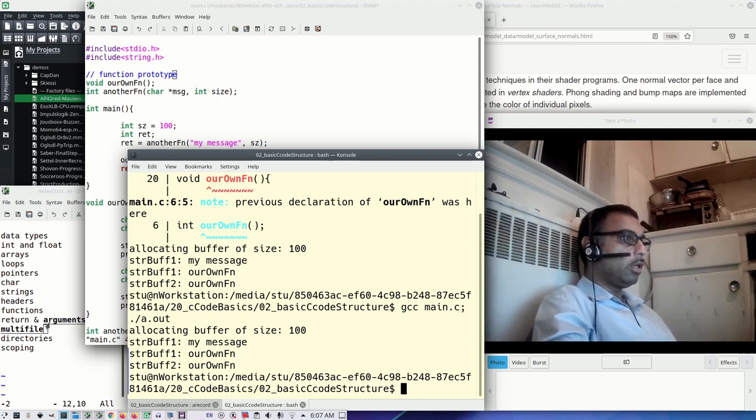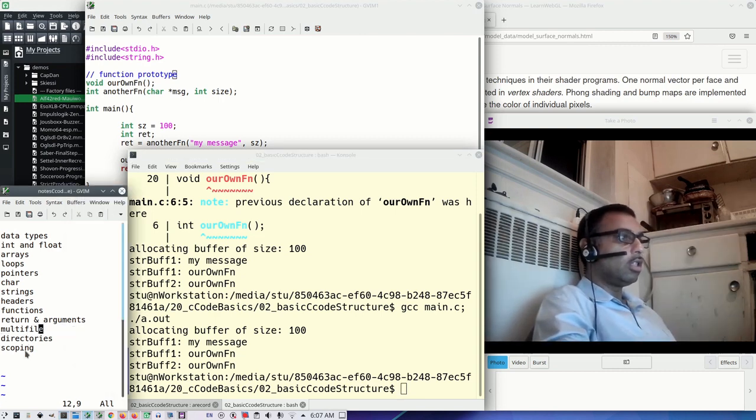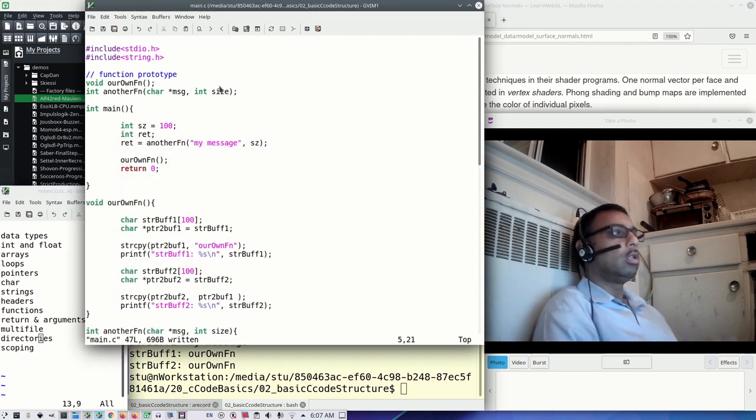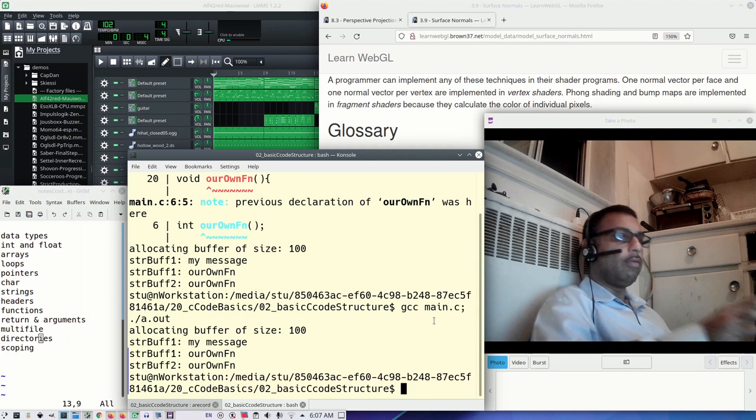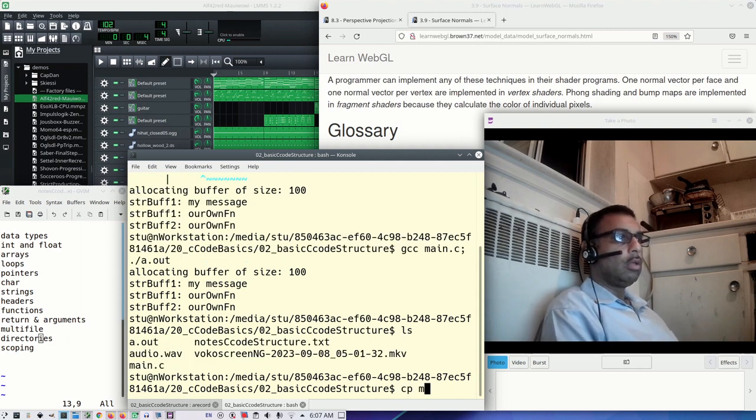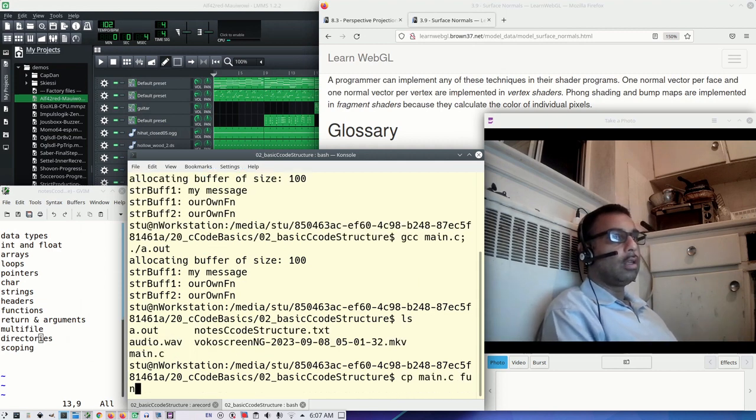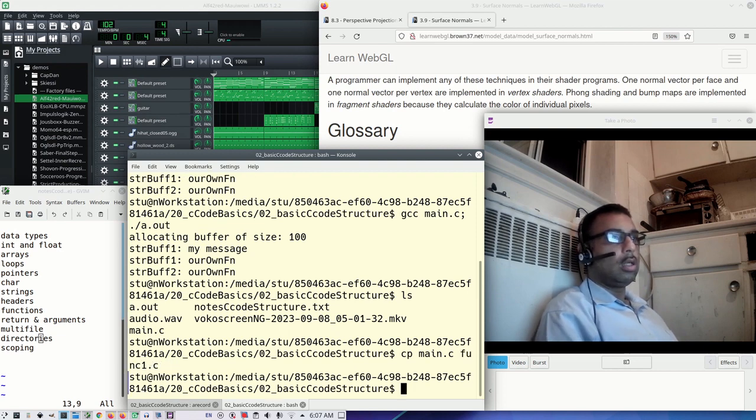Next, okay, so we did return and arguments. Now we've got multifile, directories, and scoping left to do. I don't think we're going to get to scoping, but we're going to do multifile and directories for sure, because the video might get too long. So let's close this up, and we're going to make multiple files. So cp main.c to func1.c and another